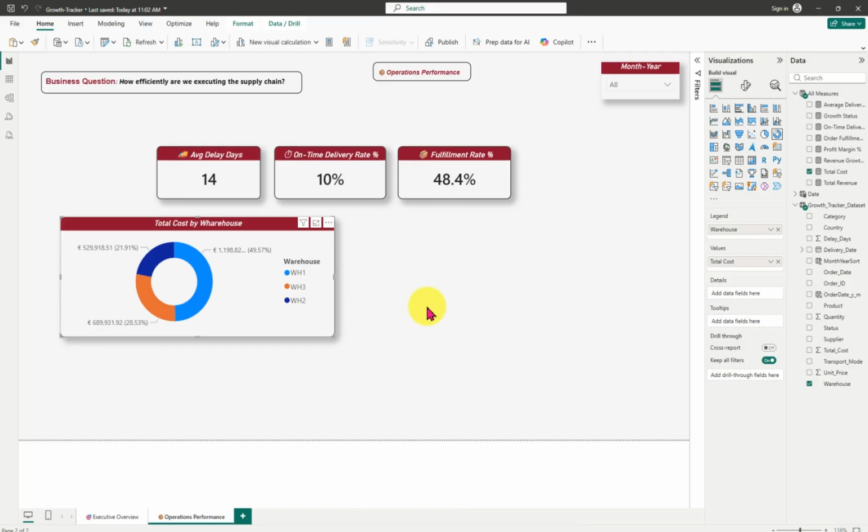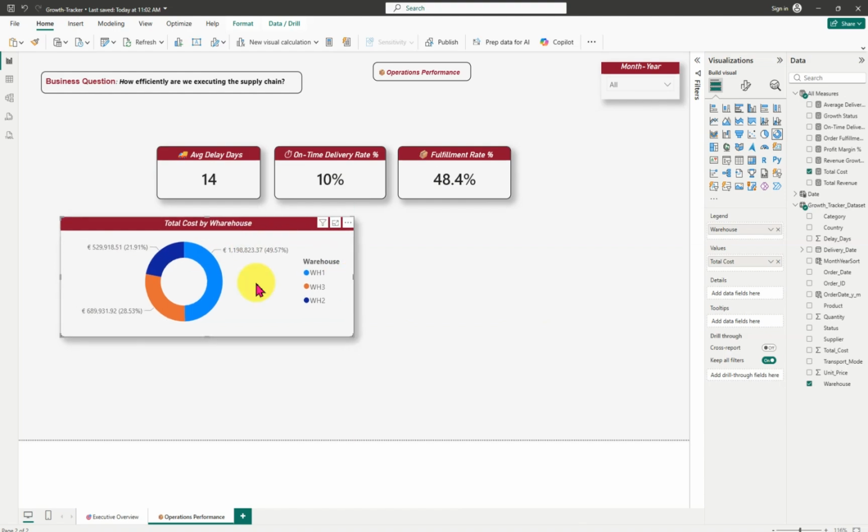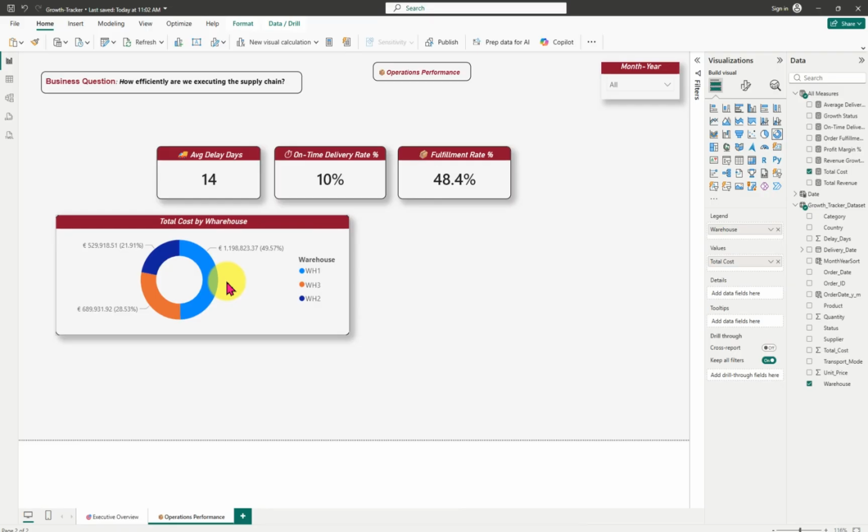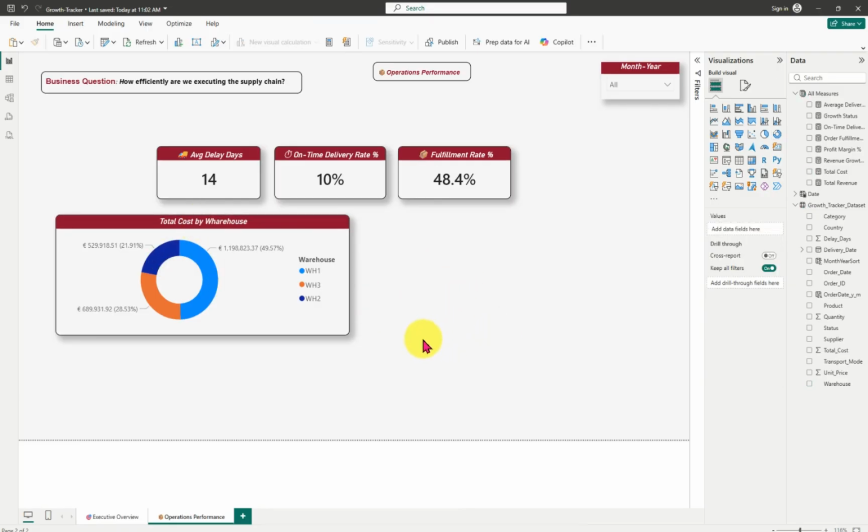Now, what is our total cost? Because by showing this alone, does it actually make any sense? Because we'll be saying, oh, let me try to reduce this number or expand this a bit. Okay, this is fine now. Now, we can see we have our total cost by warehouse. We can see warehouse 1, our total cost is 529,918.55, which is